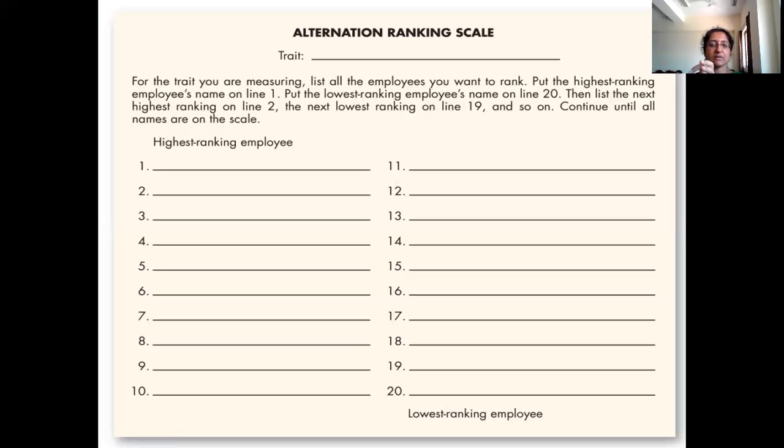Among Mr. A, Mr. B, Mr. C, Mr. D, Mr. E, etc., you probably notice that Mr. A is the best in terms of a certain trait. So you will put Mr. A's name over here. Now, A has got rated. So you leave A aside. Now from Mr. B, Mr. C till Mr. Z, you check.